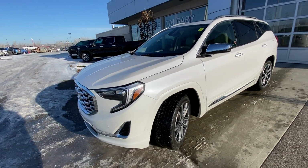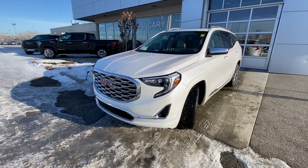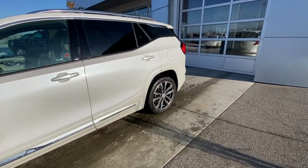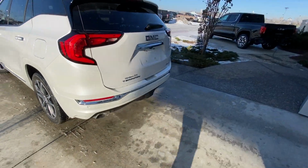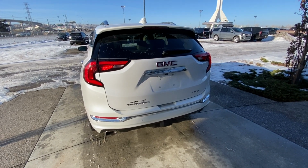Coming down to the front, we have the chrome front grille with parking sensors, as well as LED daytime running lamps, turn signals, and fog lights. Making our way to the back of the vehicle, we have rear tinted privacy windows, remote start equipped. At the back, LED brake lights, dual chrome exhaust tips, rear parking sensors, power tailgate with a backup camera as